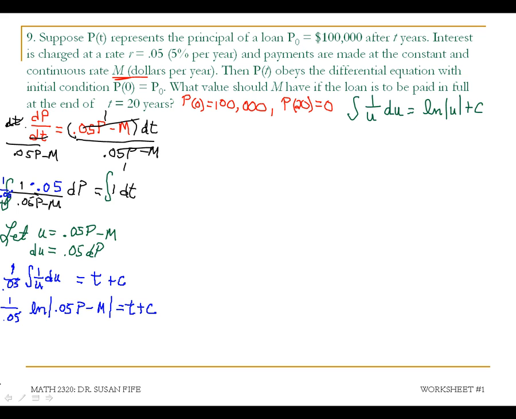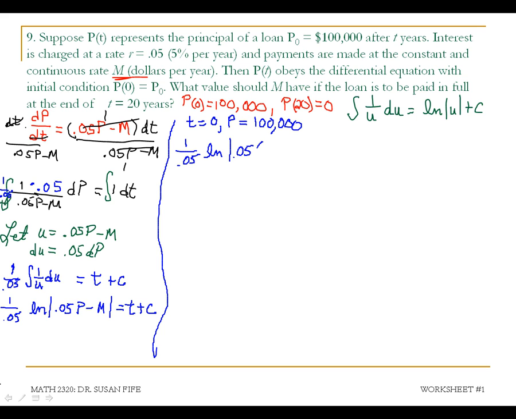Okay, so let's start by solving for c. I'm going to use the fact that P of 0 is 100,000. P of 0 is 100,000 says that when t is 0, P is 100,000. And I'm going to draw a line here to separate what I've done already. Then substituting these values into this last equation that I have, I'm going to get 1 over 0.05 natural log